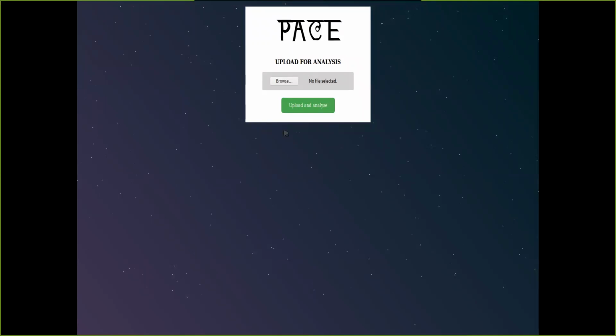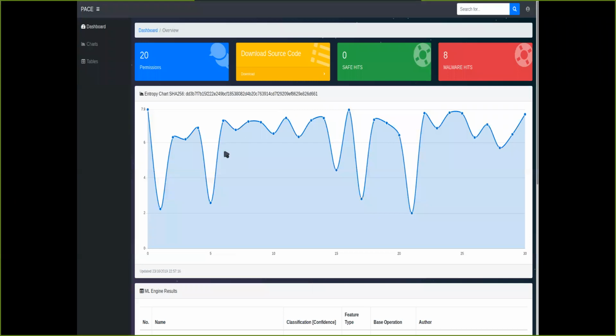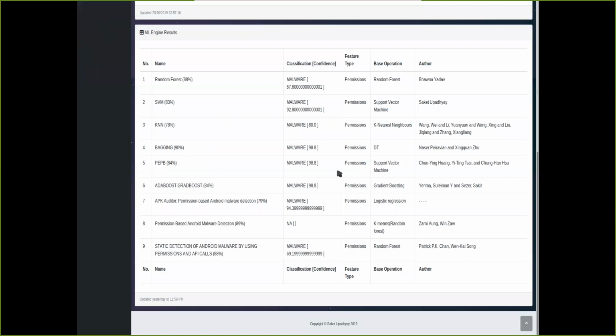So this was the main screen of PACE. Here we can upload our file and it will analyze it and show us that the Android file contains 20 permissions. It is detected as malware by 8 of the models. That is all we got. So 0 safe hits and 8 malware hits. And it will also give us a good entropy chart of detection. So it is comprehensive intelligence about the specific kind of malware. And over time, when we try to use multiple models, we can understand the specific kind of malware